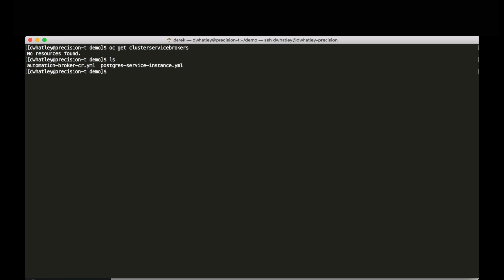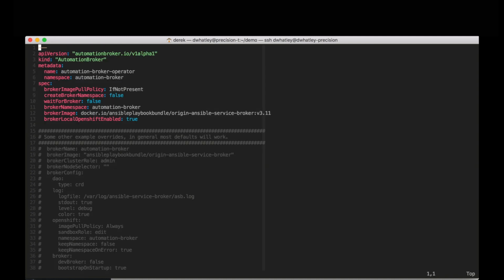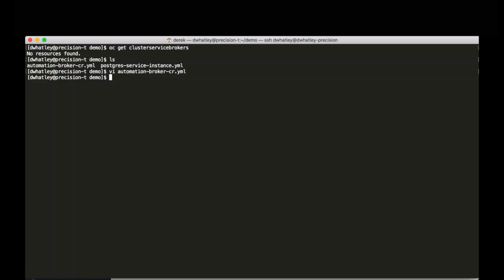Now when we head back to the command line, we're going to take a look at a file called automationbroker.cr.yaml. And the important things to look at here are the kind, which is listed on line 3, which is Automation Broker, the name of the Automation Broker instance that we'll be creating on line 5, and the namespace that we're going to be creating the broker in, line 6. There's also a bunch of options that you can see, but we're not going to change any of those for this example. So now that we've inspected our Automation Broker CR file, let's go ahead and do an oc create